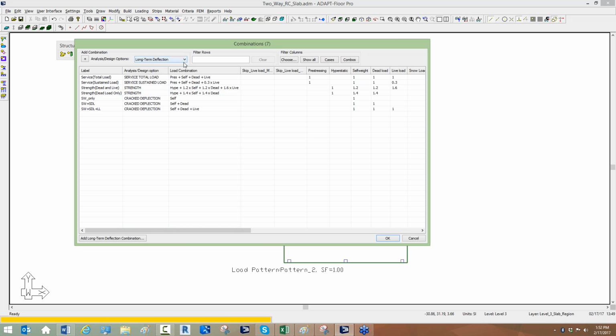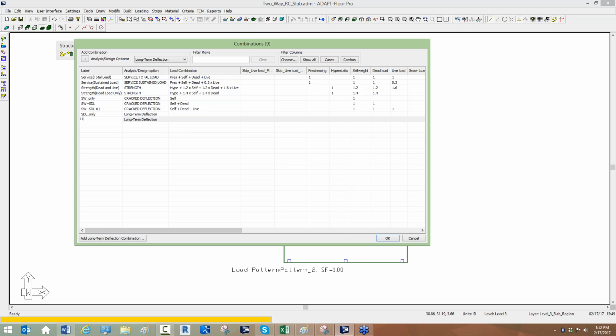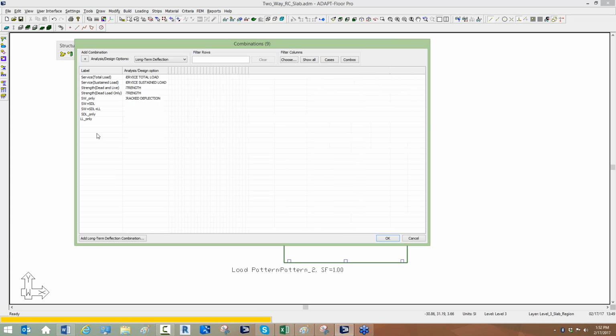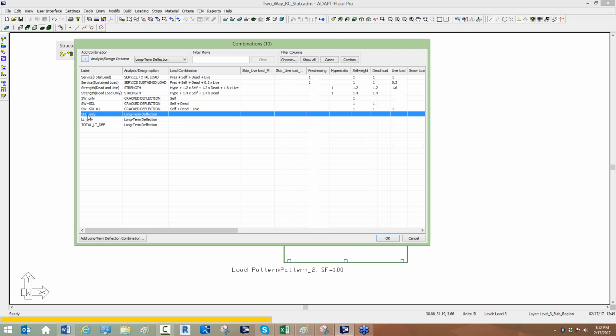So for this new combination, this is actually going to be called SDL only. And I'll do 1 more, and this will be live load only. And there will be a last one, which is going to just be called total deflection. I'll just say total long-term deflection. And so for SDL only, I'll